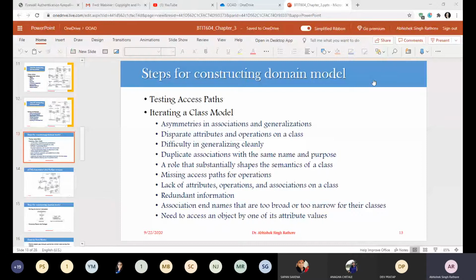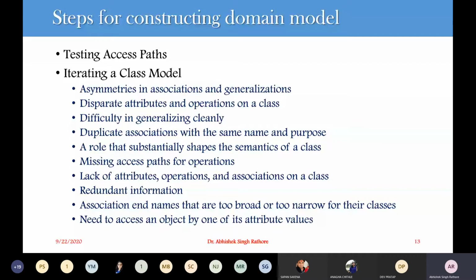So fine. The next sign is that we have duplicate associations with the same name and the same purpose. When you have such duplicate associations, we have to generalize to create the missing superclass that unites them. You can generalize to create one superclass that can associate all those, and can unite all those classes during the same course of action.